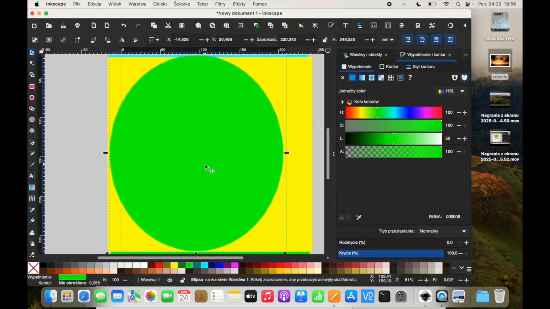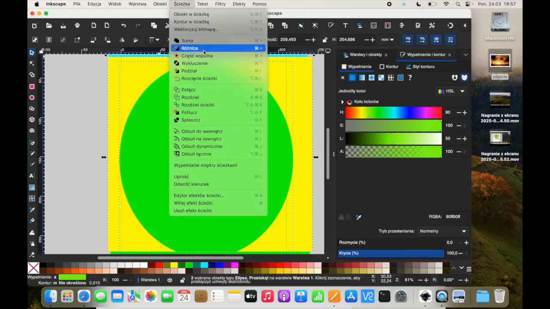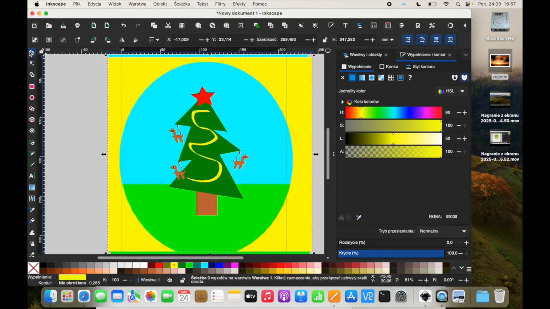We can do something like this. We click on this object, meaning our little circle. We click on our rectangle. Now we have both the circle and the rectangle selected. We can choose in the path menu something called difference. Difference means that in the object underneath, a hole will be cut out in the shape of the object that's on top. If I click this, it cuts a hole in the yellow shape in the form of